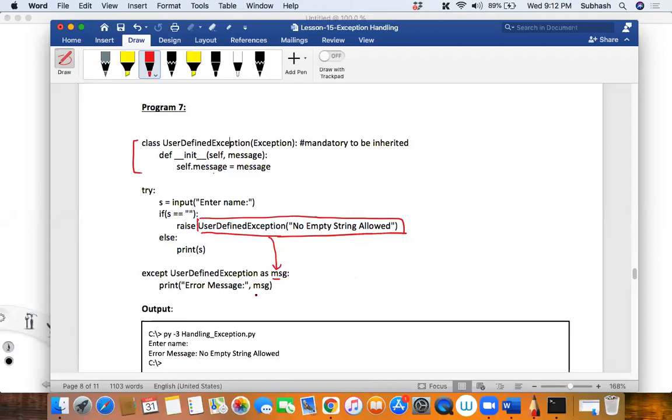So did you see that there is no str method over here? If there is no str method defined in this class, from where is it actually printing this error message and all that? From where is it printing? Can you tell me? Message, no empty string allowed. I wanted you to answer my question. Yes, it is from the exception class, from the inherited, because it is inheriting from this class, right?